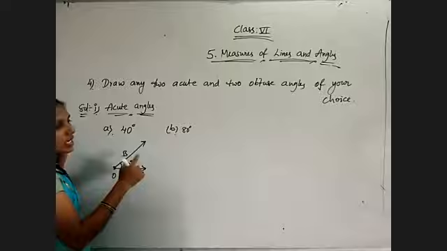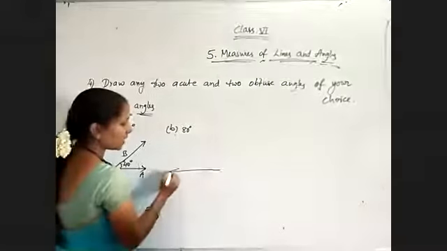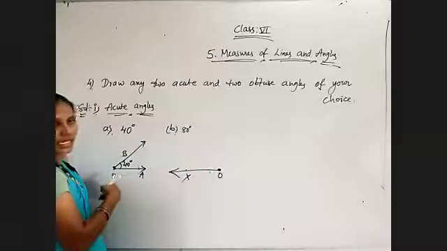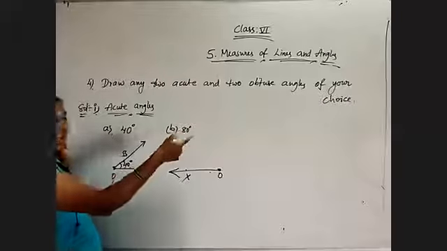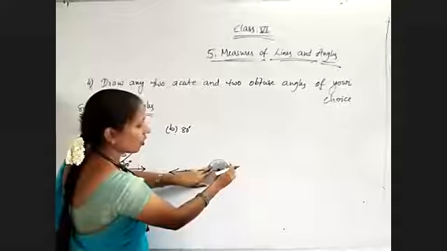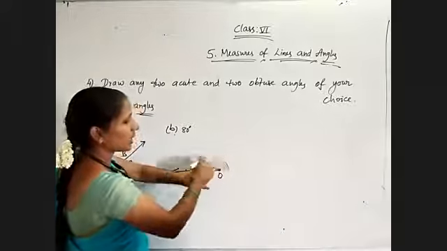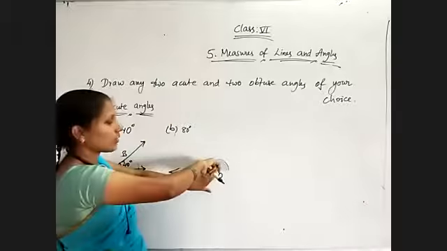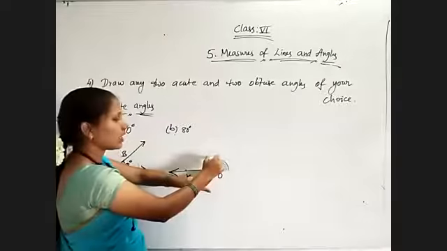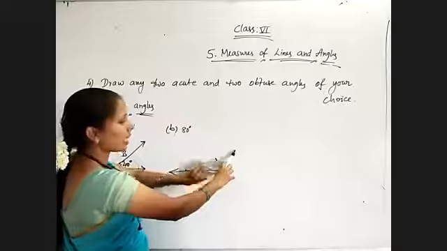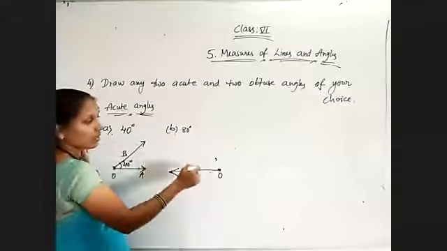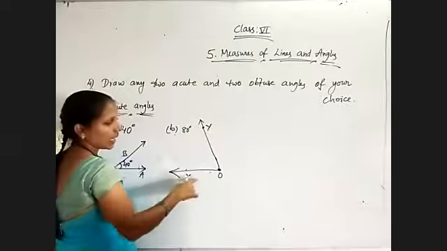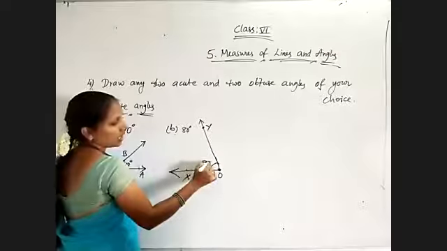I want to construct, for suppose, the clockwise direction, which means I need to show the ray OX on the left side. Now I must consider the upper values. Set the protractor at O, now take the upper values because 0 is starting from upside. So 0, 10, 20, 30, 40, 50, 60, 70, 80. 80 degrees is an acute angle. Like this I got. Locate this point as Y. Now angle XOY is equal to 80 degrees.